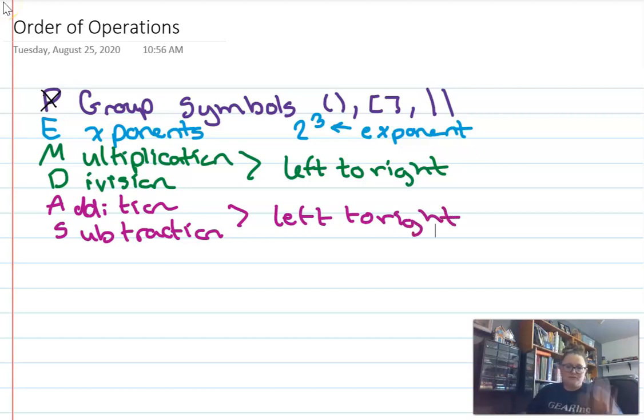All right, so now we've gone over what our order of operations is. Let's just do a couple of practice problems so we can get used to using this. Again, you've done it before. Hopefully you already know how, but it's always good to have a little refresher. So let's start by